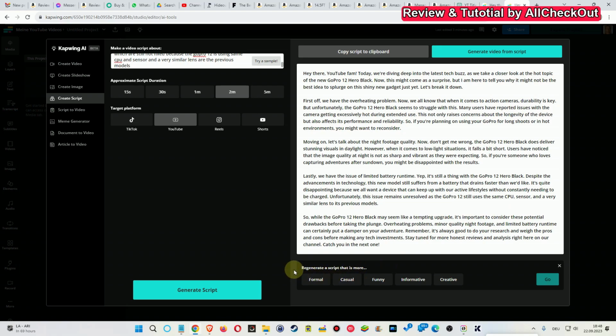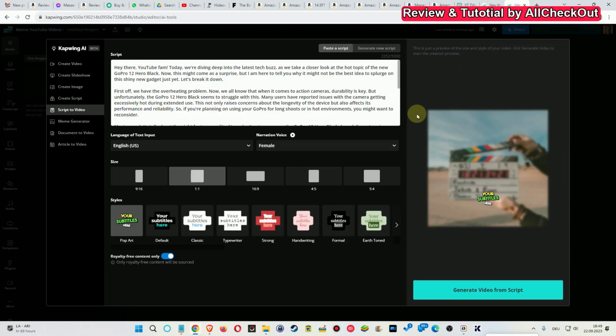Of course I can regenerate the script, also saying maybe I want to have it more formal, more casual, more funny, more informative and so on, but I can't change it. That's the bad thing. But I could copy that, but I don't see why this would help. But if I'm okay with that, I could click on generate video from here,